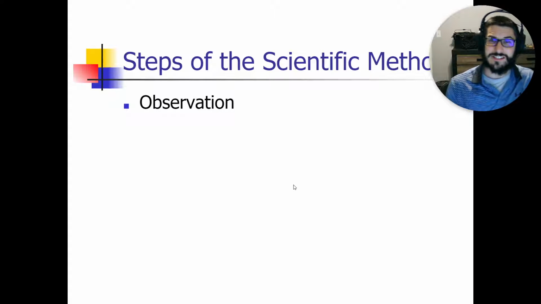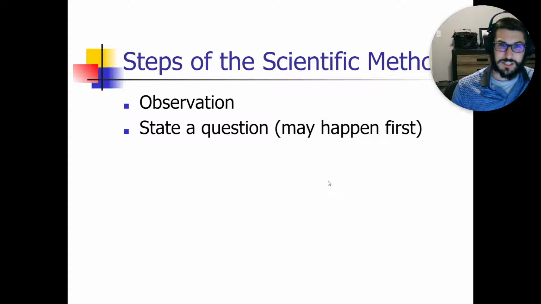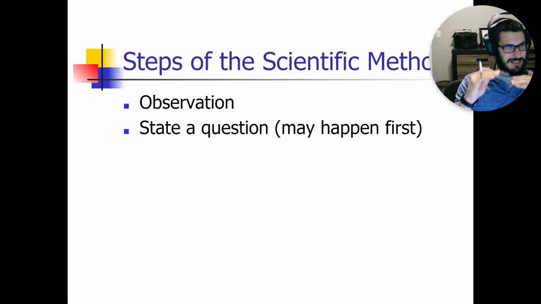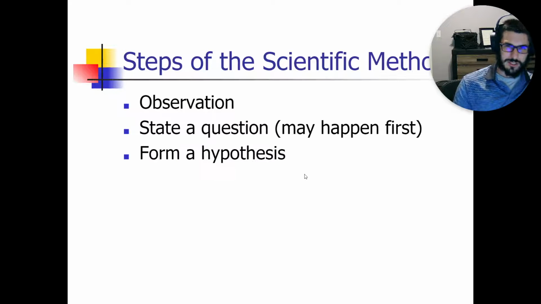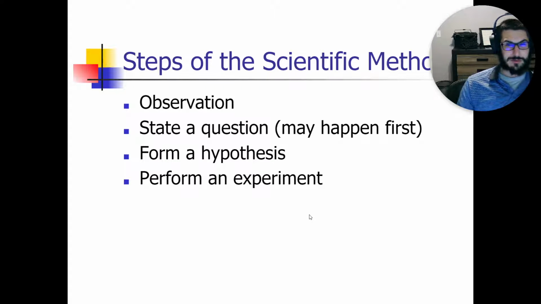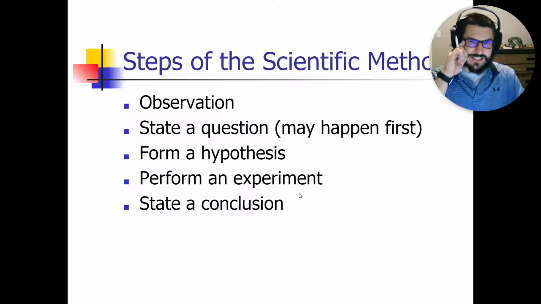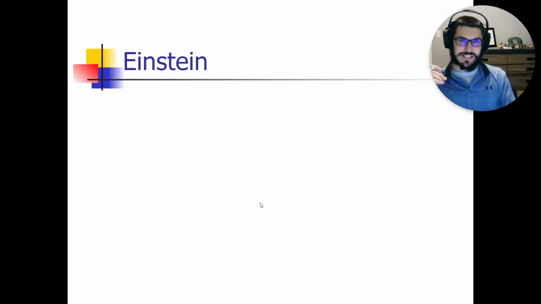The steps of the scientific method start with observation. Then you want to state a question. Sometimes that changes the order a little bit, and then you're going to form a hypothesis, come up with some sort of experiment to test that hypothesis to try to get your answer, state a conclusion based on the evidence, and